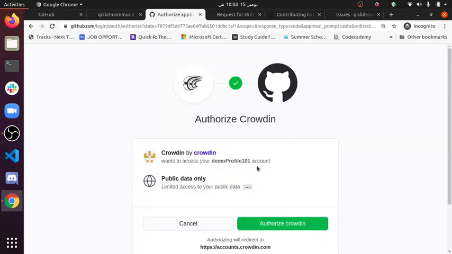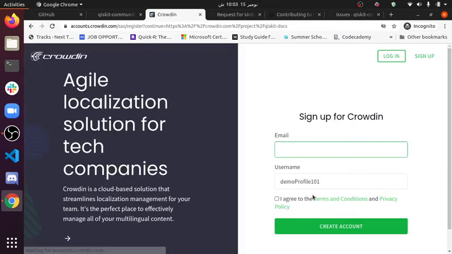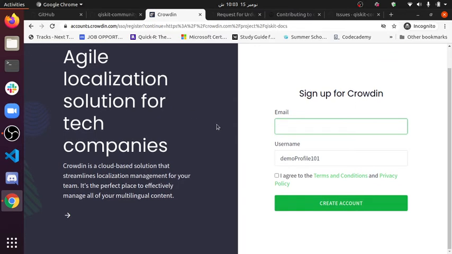So click here on GitHub, and it will ask for permission. Authorize Crowdin, we'll click on the green button, and then yeah, we are good to go. It says that since I don't have the email already present here, that's why I have to add it.